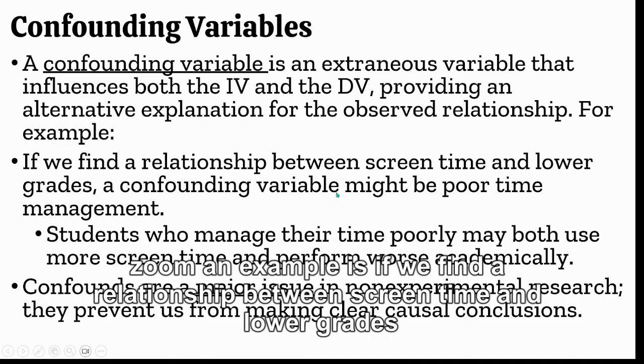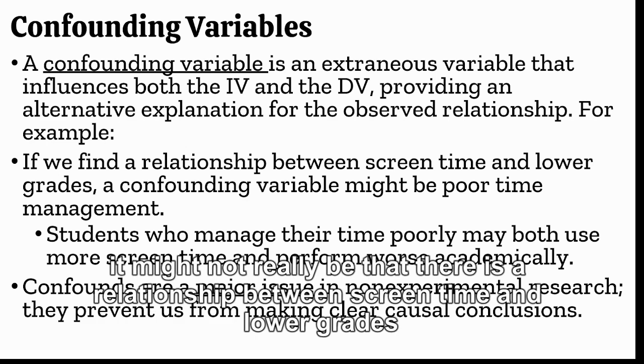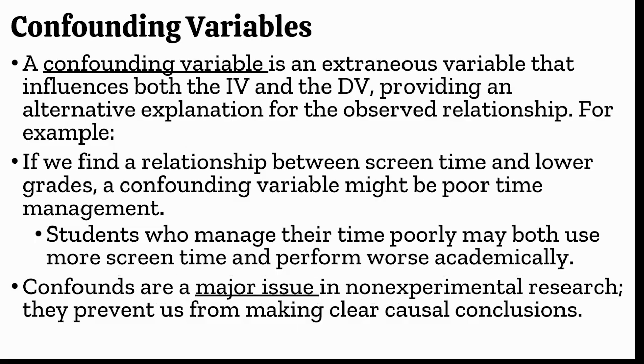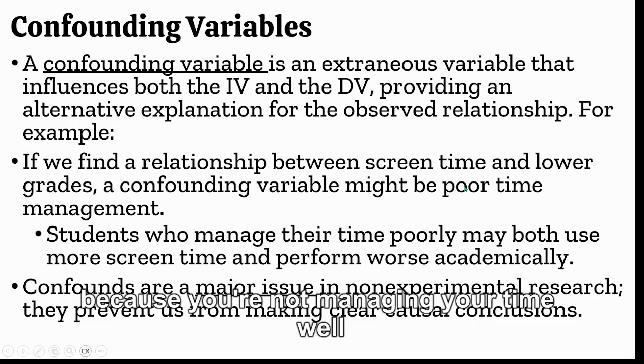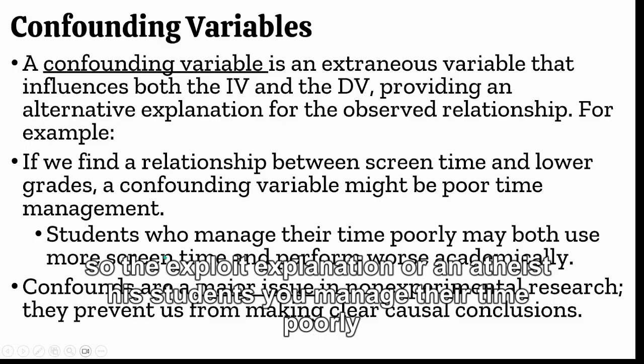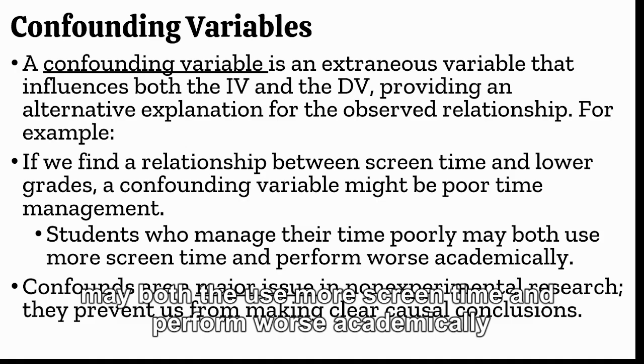So an example is if we find a relationship between screen time and lower grades, a confounding variable in this situation might be poor time management. It might not really be that there is a relationship between screen time and lower grades. Maybe it's just the fact that you're not studying in the correct way because you're not managing your time well. So the explanation underneath here says students who manage their time poorly may both use more screen time and perform